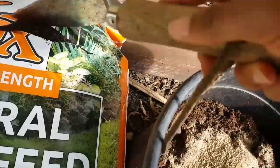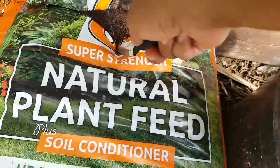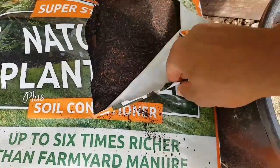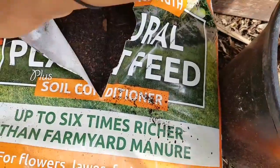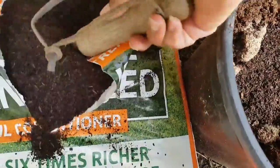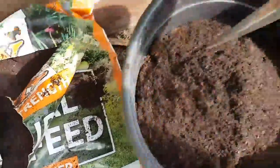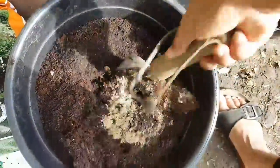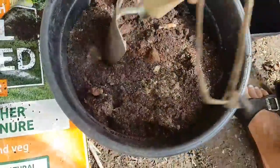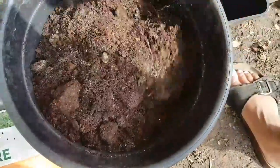So I went to the not the greenhouse, I went to the garden center yesterday. And I got some stink bomb. Man, it stinks. Funky. So I'm gonna put probably 3 in. I'm just gonna give it a nice mix. This is the first time I'm ever using anything like this, so we'll see how this turns out. I'm just mixing it up,